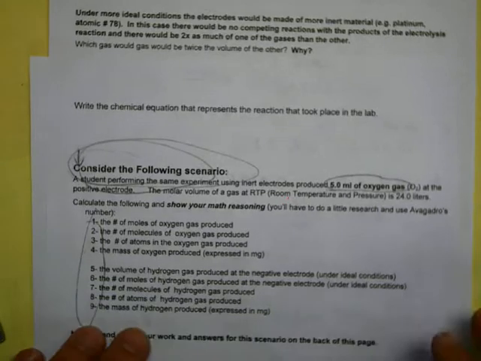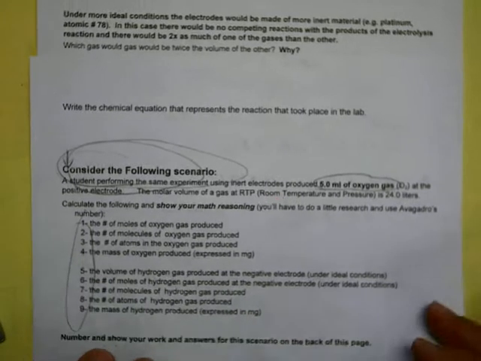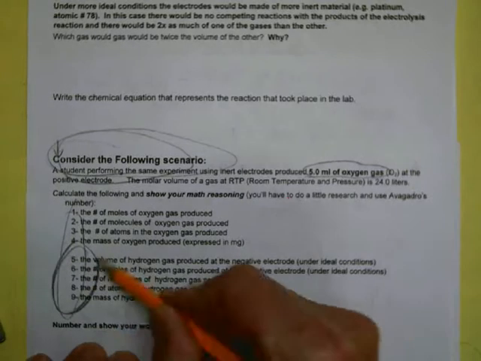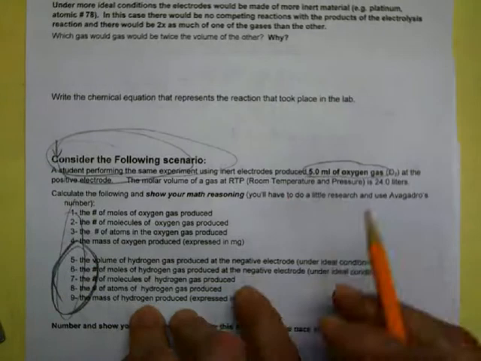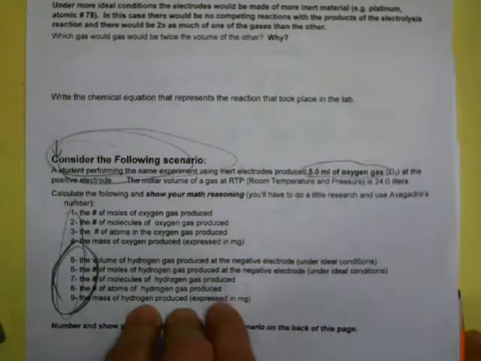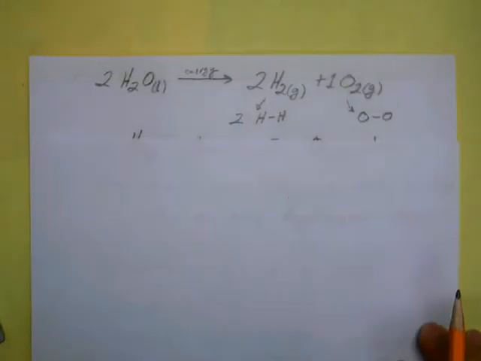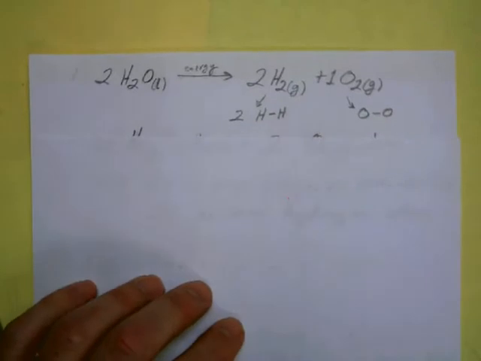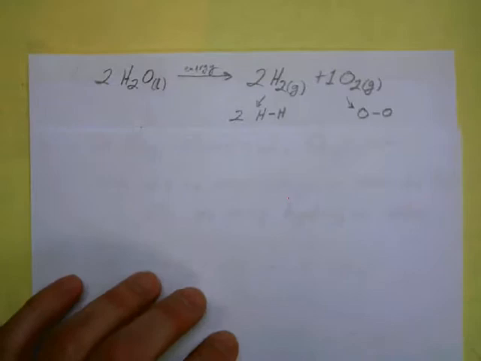All right, in this video, we're going to try to walk you through questions 5 through 9 of the Electrolysis Lab. It's continuing on with 1 through 4 that was in that previous video. All right, so before you can do 5 through 9, you need to consider the balanced reaction for the equation